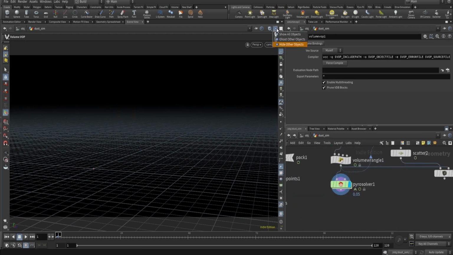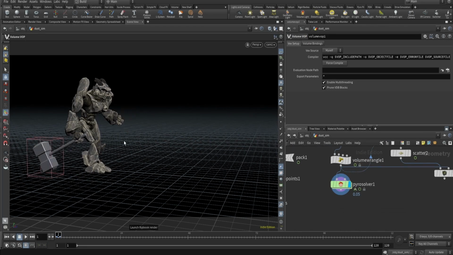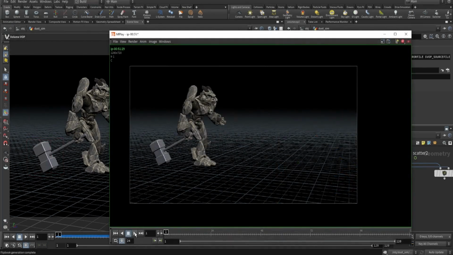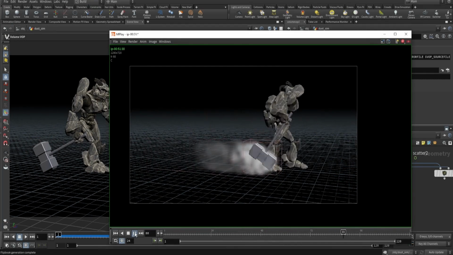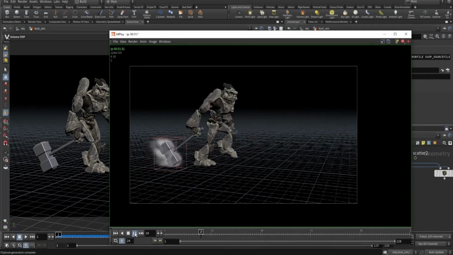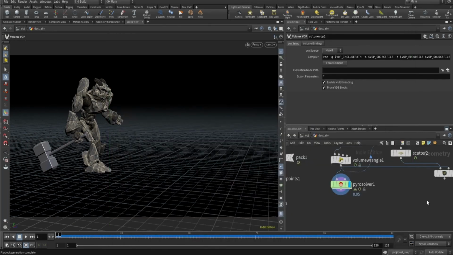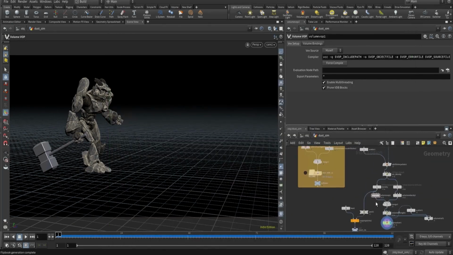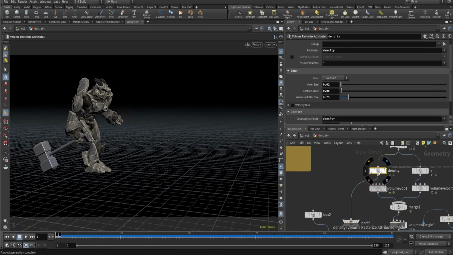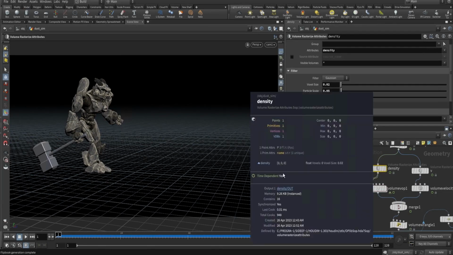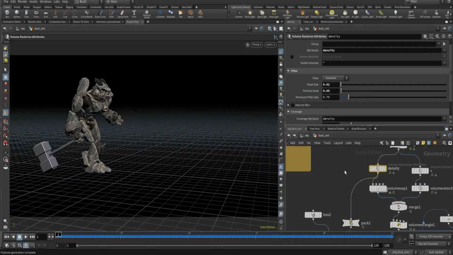Let me just check this. Let me play this. As you can see, something is traveling, and how can we fix it? So the particle approach would be, we can just use rest position, but how can we store rest position over here? So that also we can do. So that's why